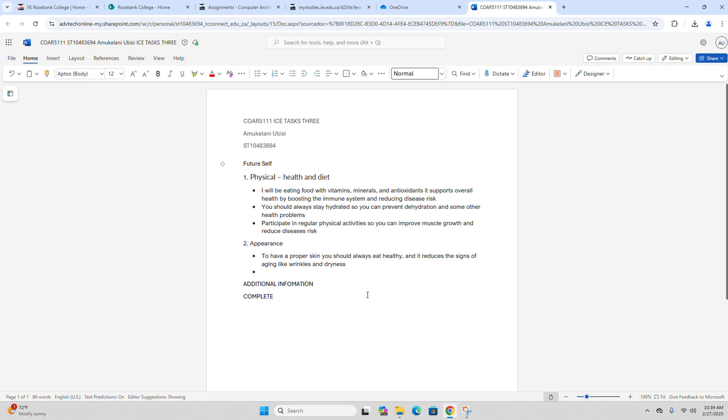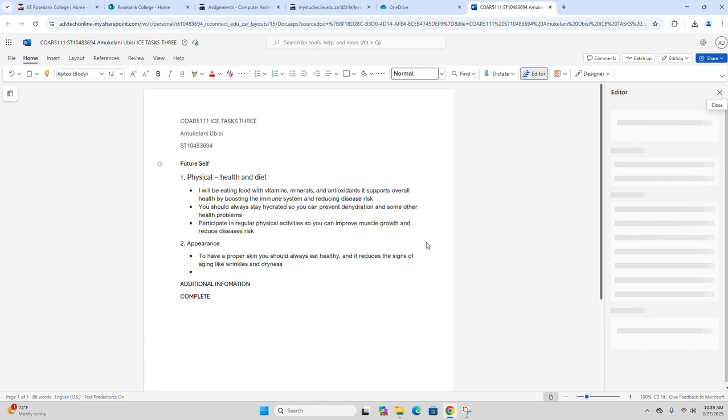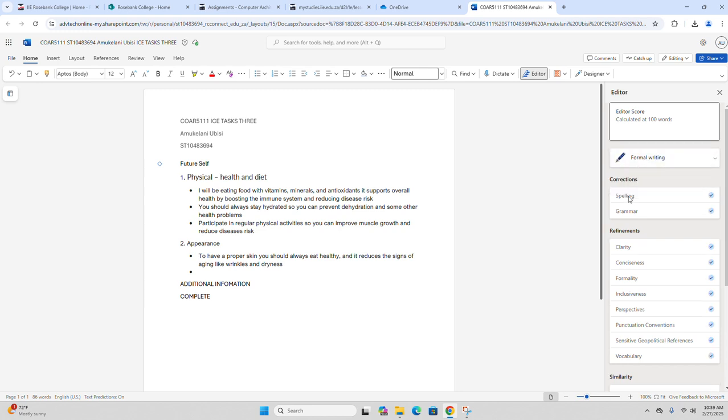Spelling mistakes, I can run the spell check. Generally, it's the F7 key. If I press F7 on my keyboard, you'll see it opens up the editor, and I can see I've made a spelling mistake here. So remember, all work that is submitted, you need to ensure that you don't have any spelling errors. Now, why is it not finding the spelling error? Okay, maybe it's taking some time. So I'm just going to correct that spelling